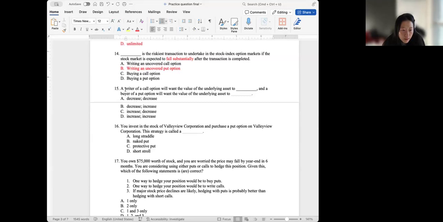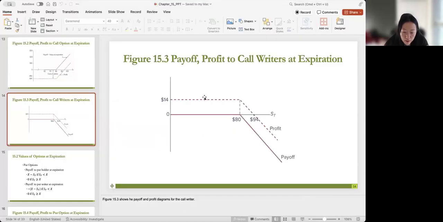Next, a writer of a call option will want the value of the underlying assets to what? And the buyer of a put option will want the value of the underlying assets to what? So we then need to think about the graph. Going back to the plot here,